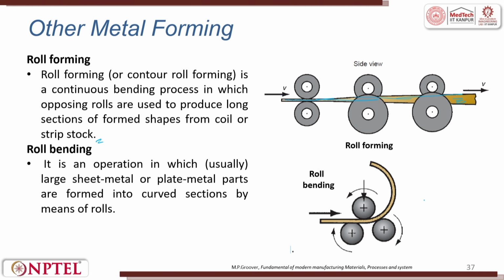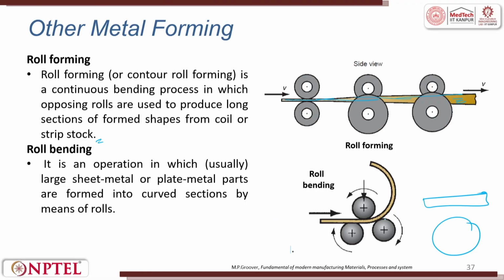Roll bending. Suppose you have a flat plate, and I have to make a shell. They use roll bending. For example, HPCL, BPCL, IOCL have huge oil tanks where they store petrol, diesel and all, and they are all large diameter. These large diameter structures are made by roll bending. They push a sheet and then they have two rollers, then one roller in the opposite direction. It goes back and forth multiple times and then finally it forms a ring or a circular radius.